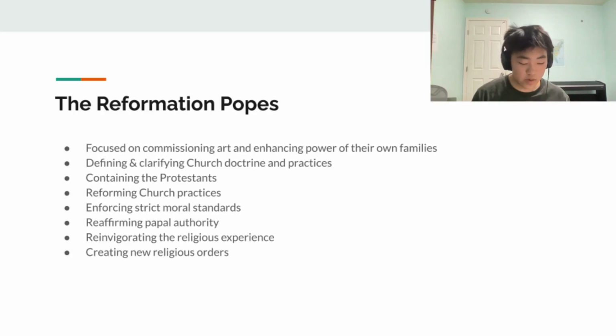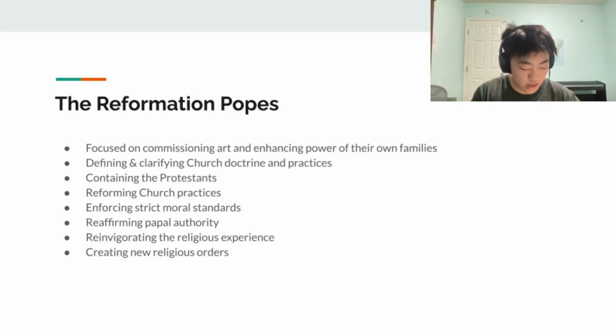So, in the Catholic Reformation, there were a series of Reformation popes who had some ideas in commissioning arts and enhancing their own power of their own families. And this new generation of popes committed themselves to defining church doctrines, containing Protestants, reforming the Church, strict moral standards,